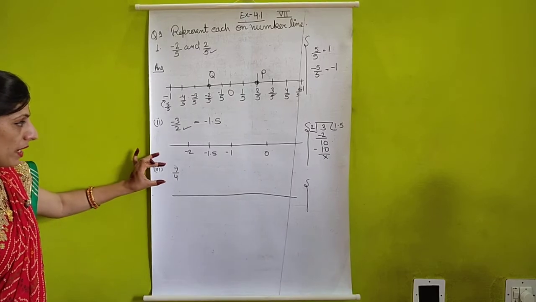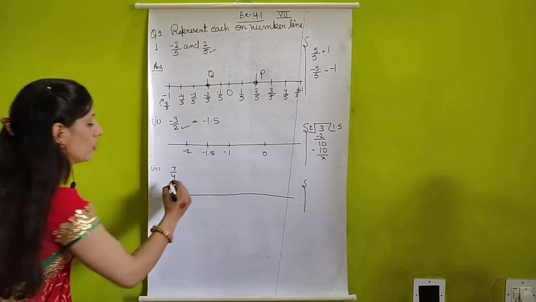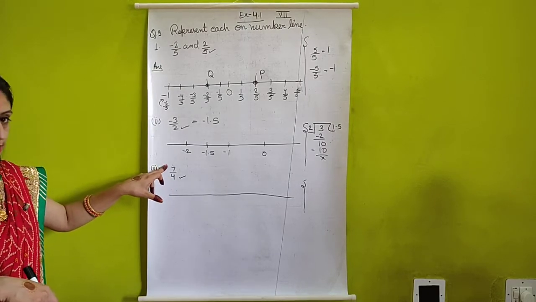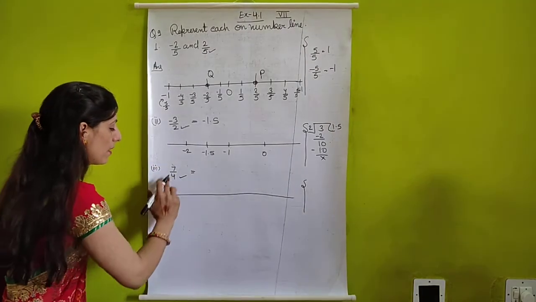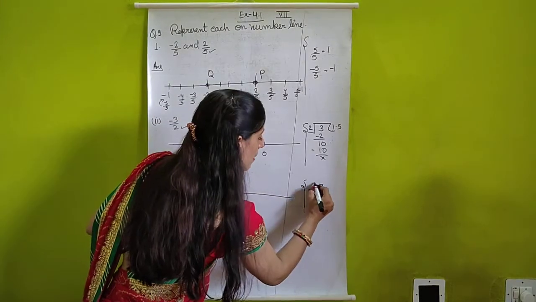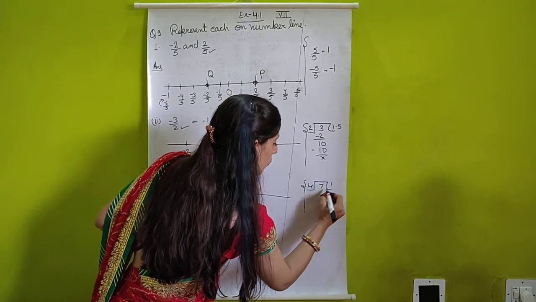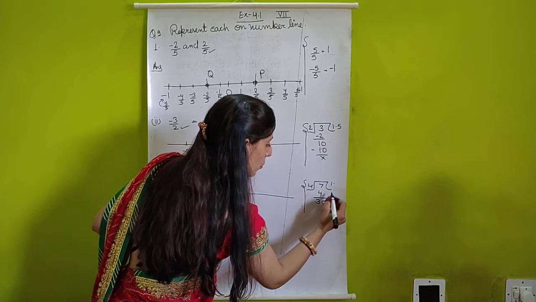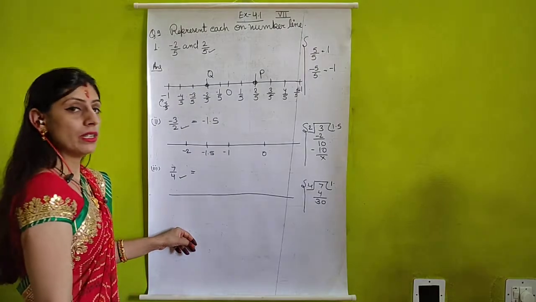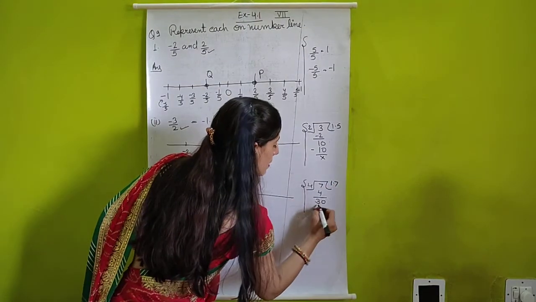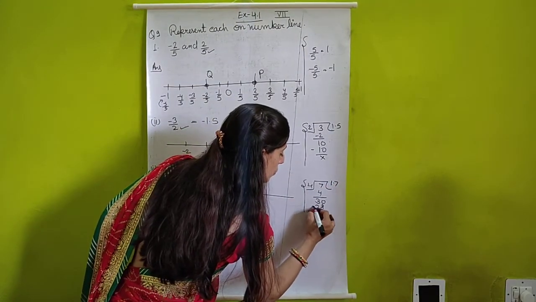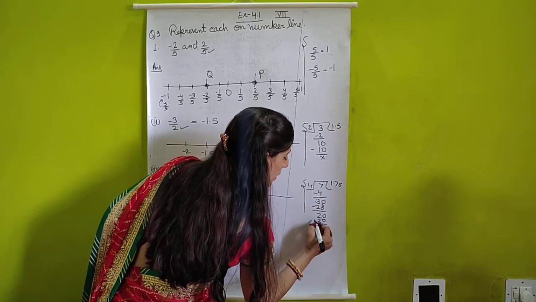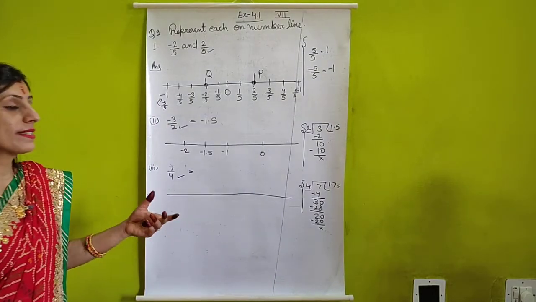We will do the same here, because in part third the denominator is smaller than the numerator. So here also we will divide 7 by 4. Here 4 ones are 4, then what will come? 3, then the point and 0. Now 4 sevens are 28, then 2, then again 0. Now 4 fives are 20. Now your answer is 1.75.